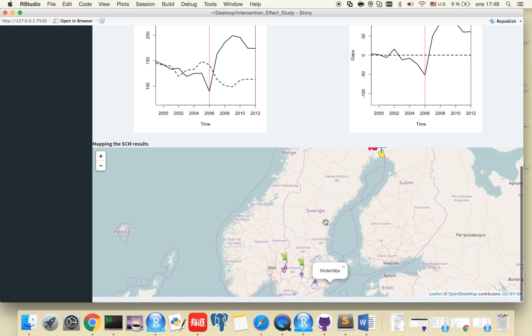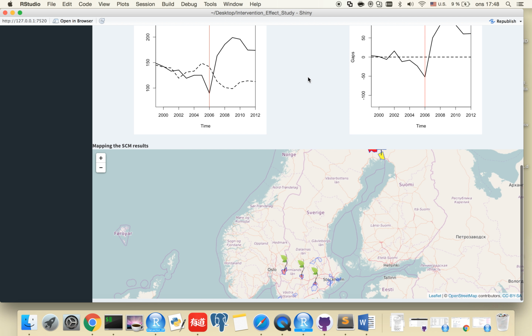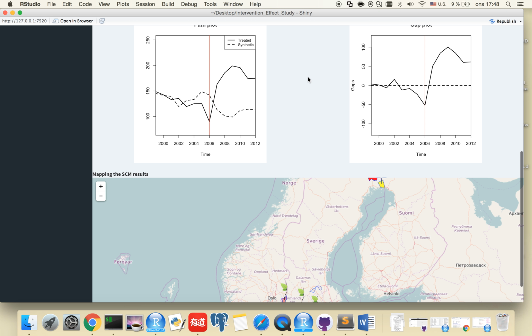But even though we can figure out the comparable cities, it's hard to conclude by comparing Haparanda with multiple peer cities. So these multiple comparable cities are weighted and averaged, merged by our calculation into one